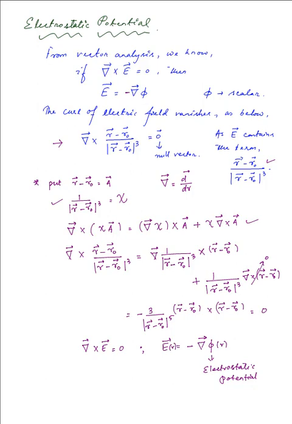Although the variation is not the same as that of the electric field, which varies as the inverse square of the distance from the given charge distribution or from a single point charge, in the case of potential we are going to observe that it varies just inversely as the distance. Now, what we also get from this expression is that